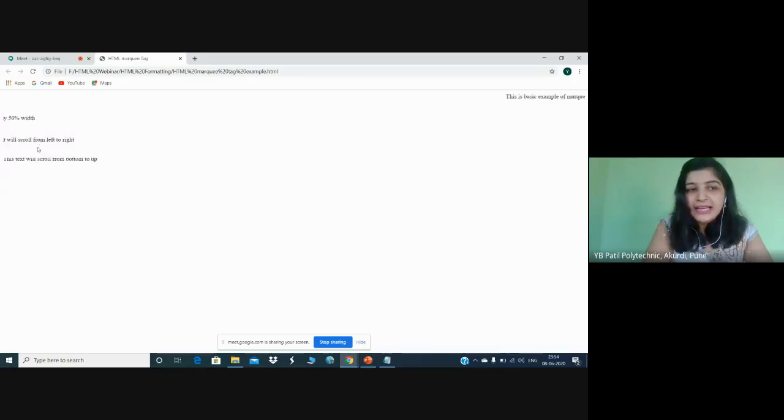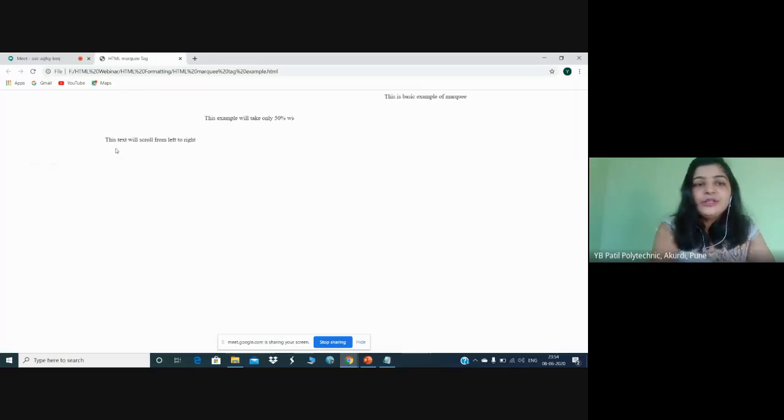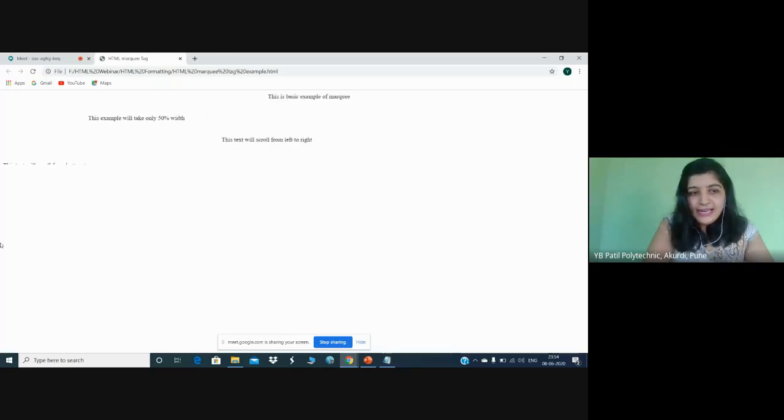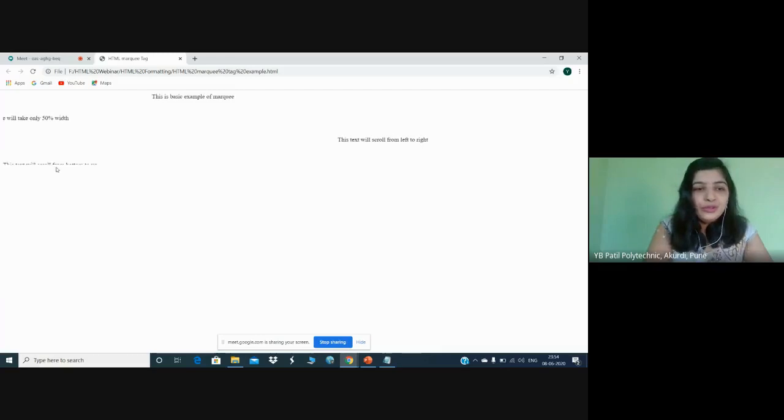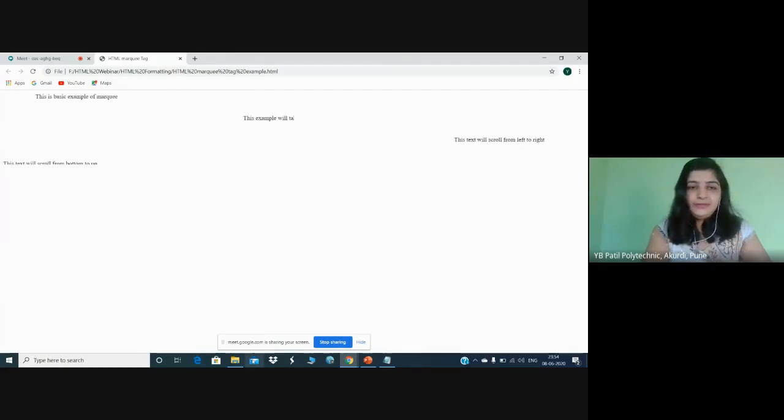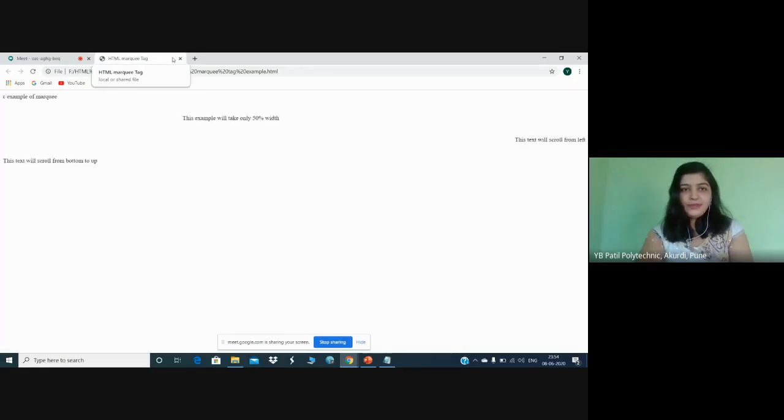Then in the third line, I have specified the direction as right, so your text is scrolling from left to right. And at the fourth line, I have specified direction as up, so your text is scrolling from bottom to upside. So this is the example of the marquee tag.